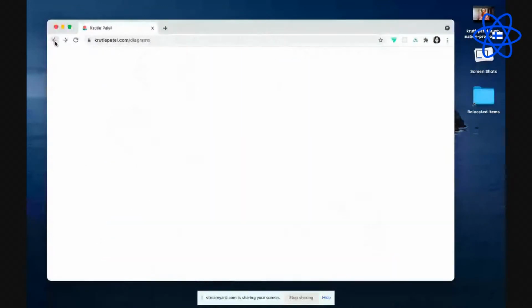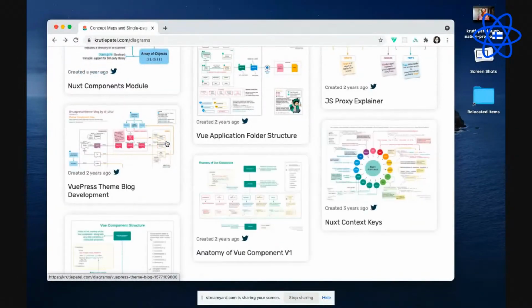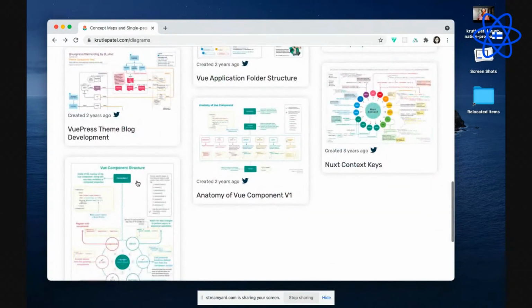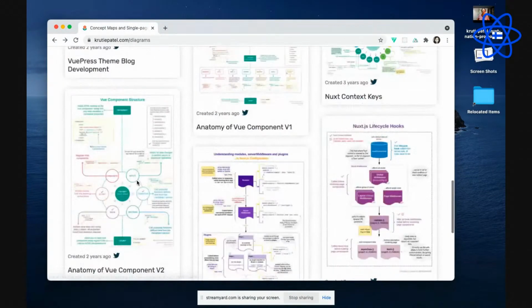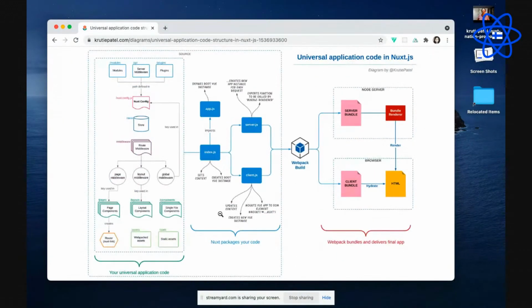Sorry, wrong diagram. The slide that I wanted to show was the directory structure. All right, we are back on track.